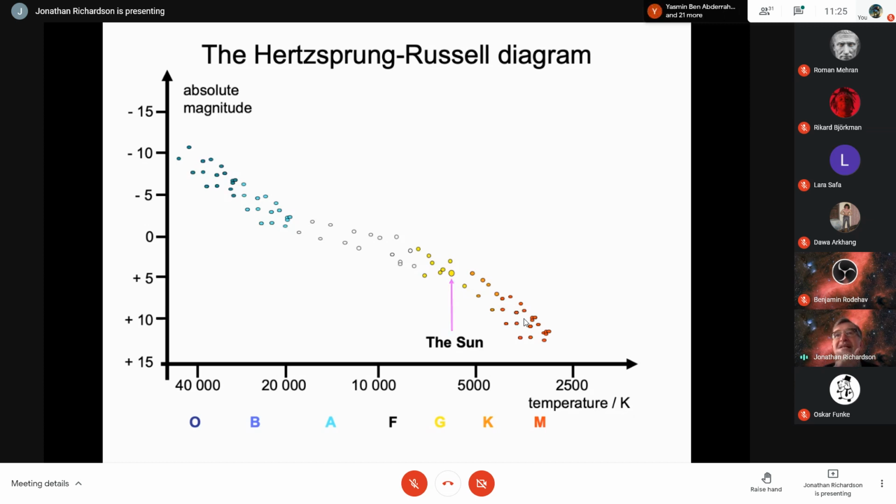So this is the region we are talking about. Now, we describe these stars as logically